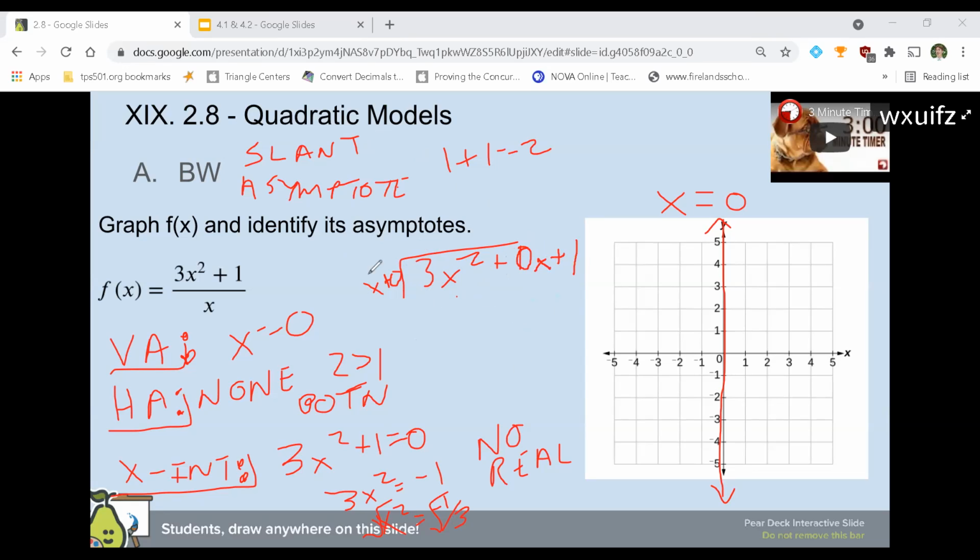All right, how many times does x go into 3x squared? 3x times, right? 3x squared divided by x is 3x. Or x times 3x is 3x squared. Plus 0x, subtract. You get 0 plus 1, so this has a remainder. Do we care? We don't care. I don't care about that at all. So this has a slant asymptote of y equals 3x, which if you graph it in a different color,